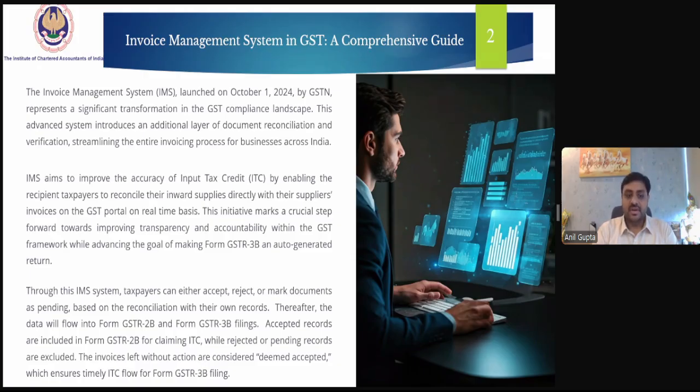The accepted records are included in Form GSTR-2B for claiming ITC, while rejected or pending records are excluded. The invoices on which no action has been taken will be considered deemed accepted, which ensures timely ITC flow for Form GSTR-3B filing.